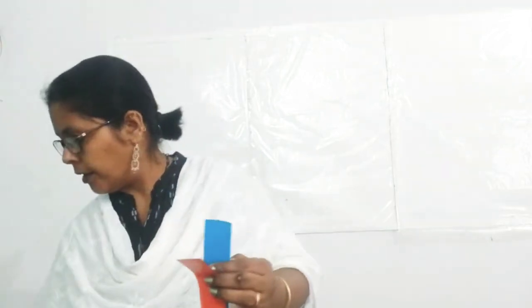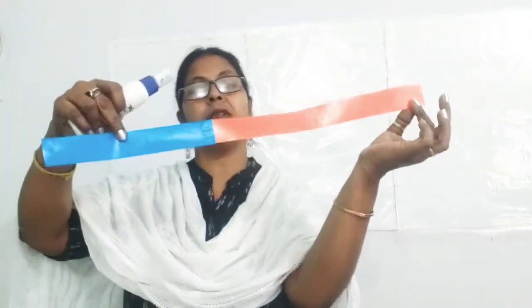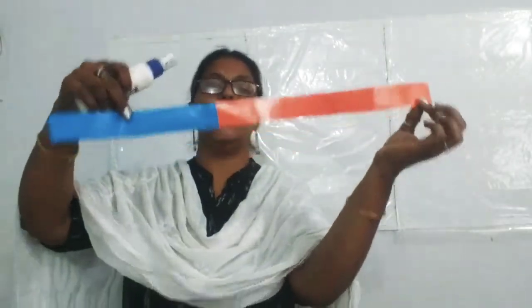So I'm going to put a little glue here. Okay. And this strip I will take and stick it here. So you see here, the two strips of papers have become one single, longer one. Okay. With whose help? Here, with this glue's help. Glue helped me to stick these two papers and made it a longer one.